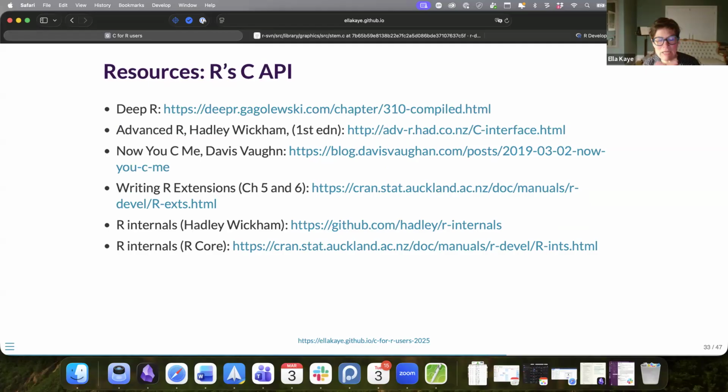I've put here a list of resources around our C API, including the first edition of Hadley's book. There's also a very in-depth chapter in the Deep R book on how to work with it. And Davis Vaughan wrote an absolutely superb blog post called Now You See Me, that goes through the process of doing this in a package, in the context of the package. And then some other things here, the Writing R Extensions,